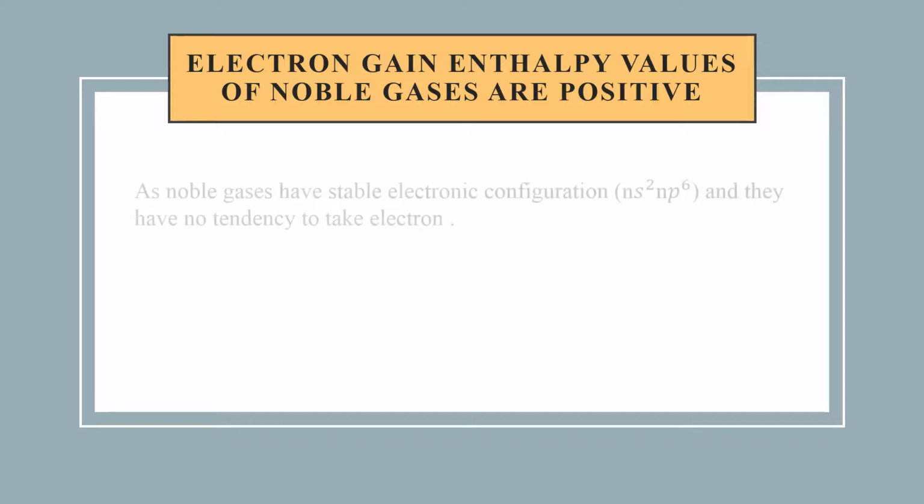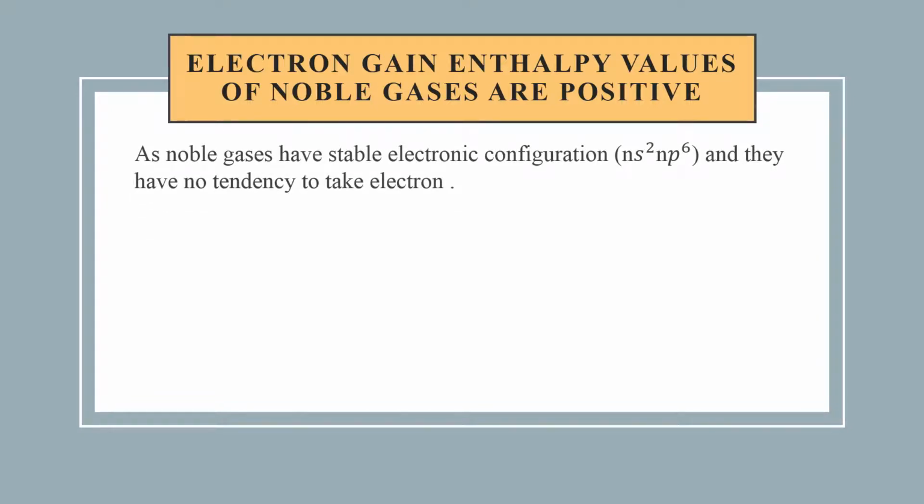Now why is it so? As noble gases have a stable electronic configuration, ns2np6, their octet is complete, and they have no tendency to take electrons. As they have no tendency to take any electron, the value of electron gain enthalpy becomes positive. The electron which is added to the noble gases will enter a different shell, the higher shell, not the same shell. It means the value of electron gain enthalpy for noble gases becomes positive due to their stable